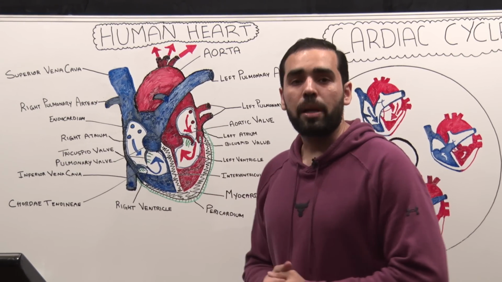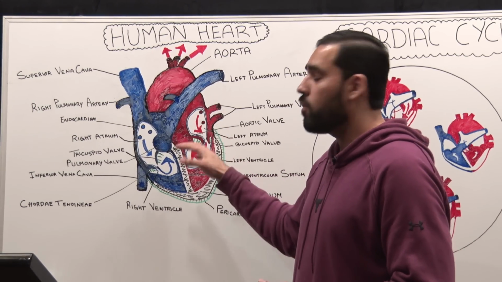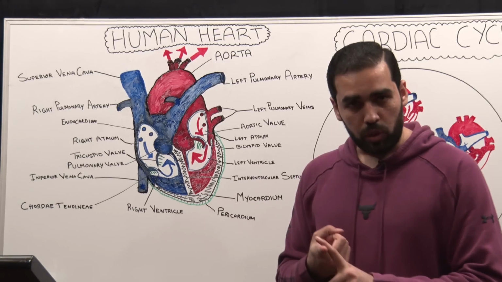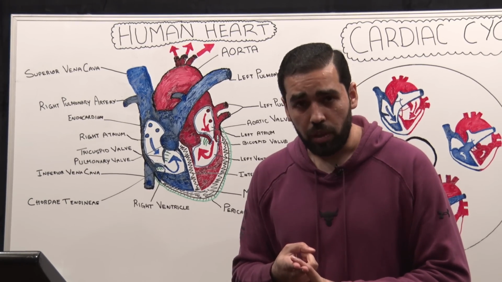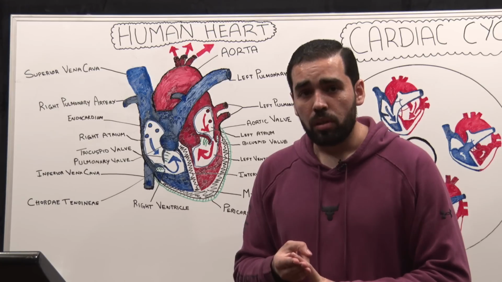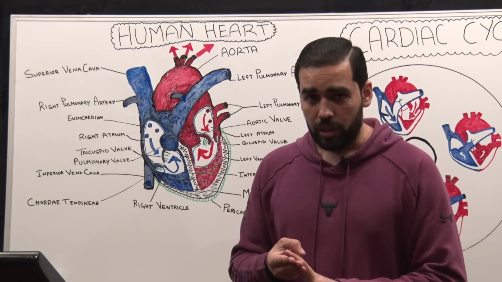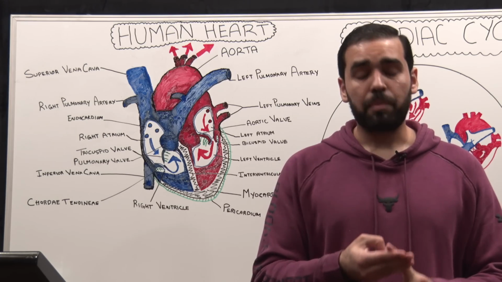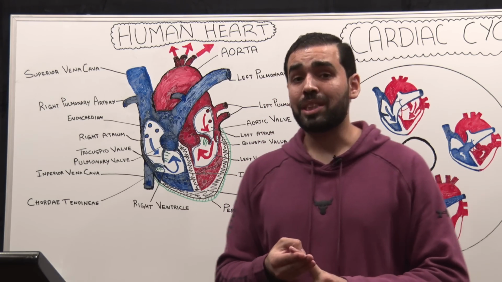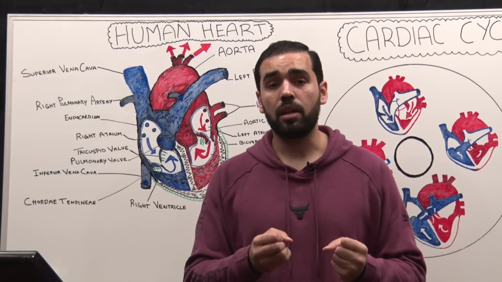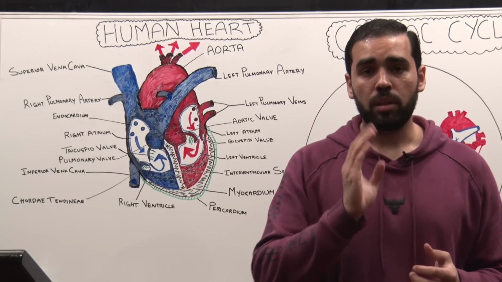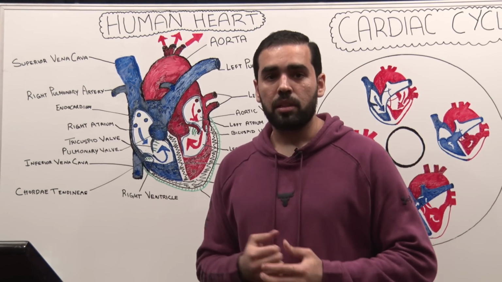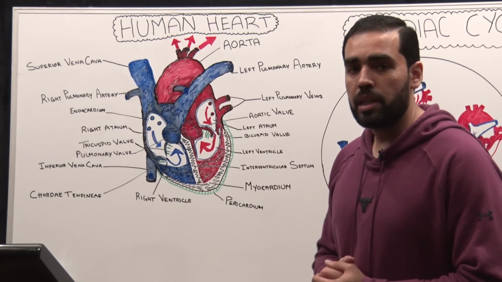First, let's talk about the four chambers of the heart. Let's first have a little bit of summary. We will first discuss the four chambers of the heart. Then I will talk about the four valves of the heart. I will also talk about the cardiac muscle that is surrounding the heart, all three layers of it. I will talk about the electrical conduction system, the pacemaker cells that are primarily responsible for the contractions to efficiently direct the blood flow in the right direction through the heart. And then we'll talk about the difference between the arteries and veins. But now let's start with the chambers.